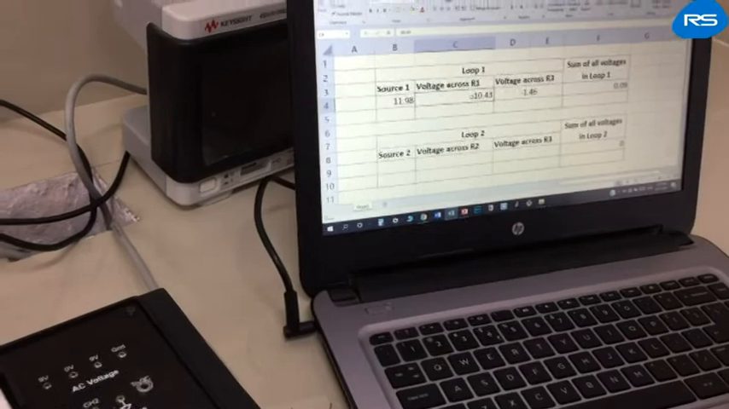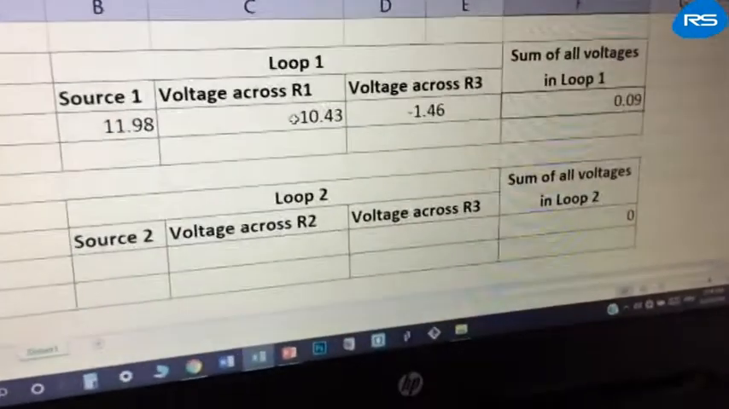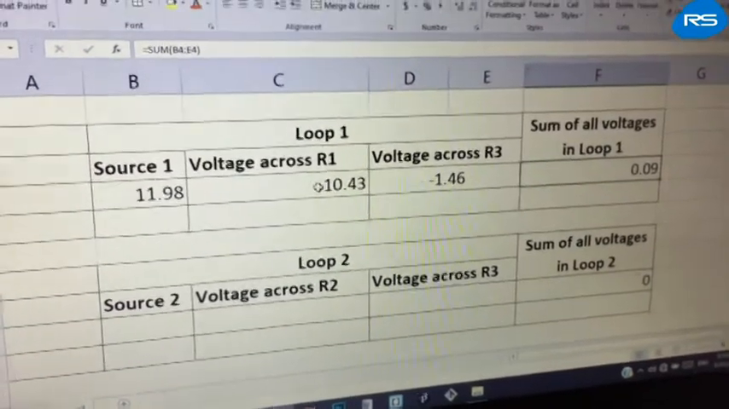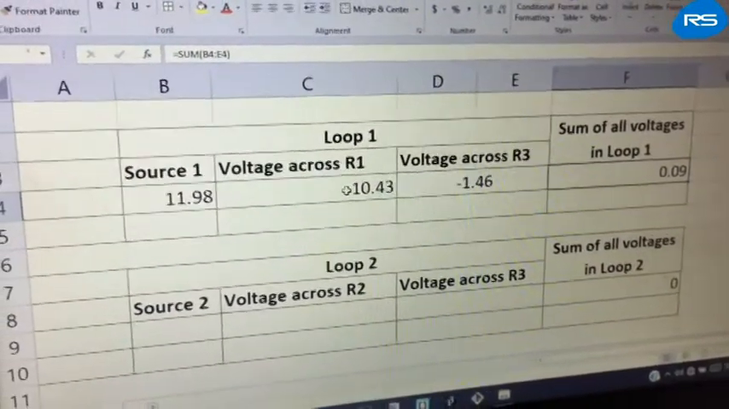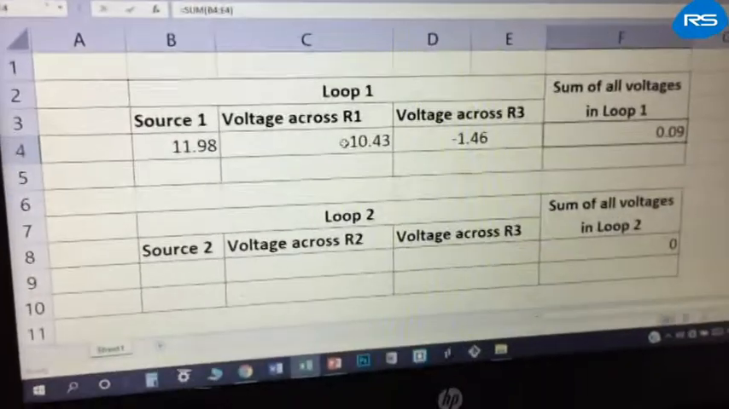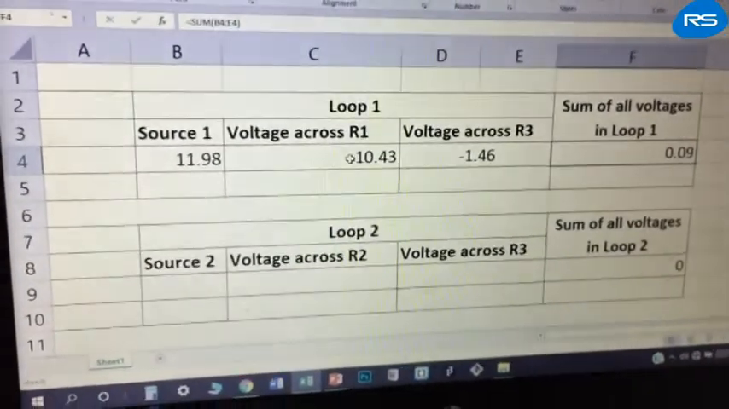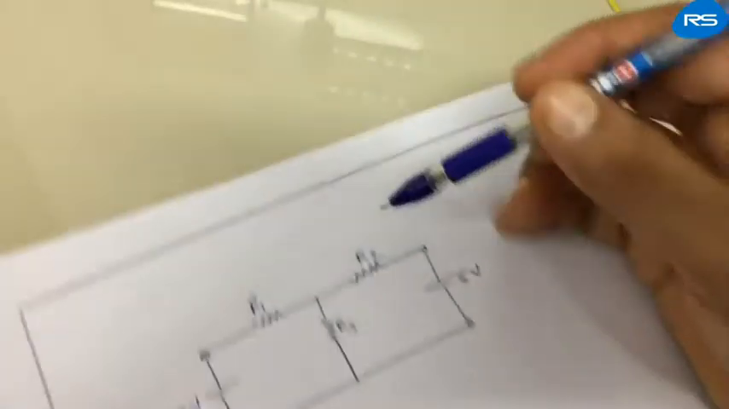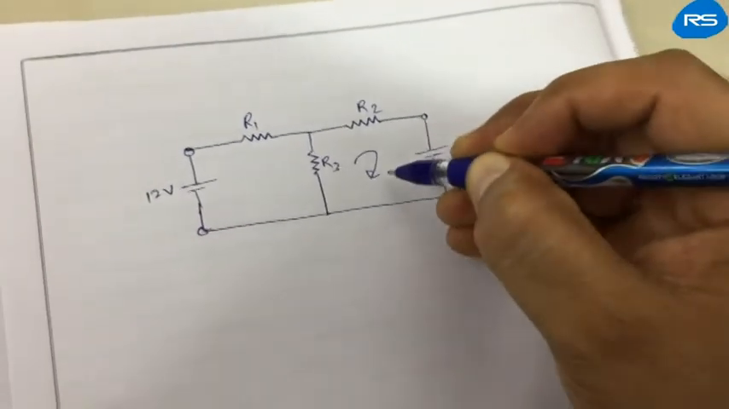So you can see that the algebraic sum of the voltages is approximately 0. Practically it is 0.09, but we can say that it is approximately 0. This difference may be due to the tolerances of the elements and measuring instruments. Similarly, for loop number 2,